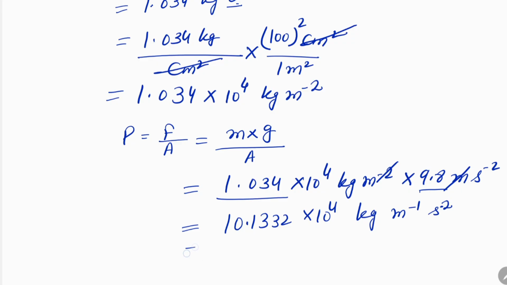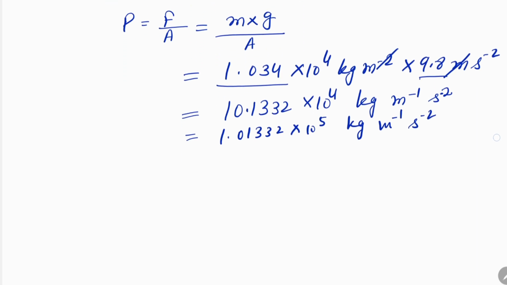So we can convert it into scientific notation: 1.01332 into 10 raised to power 5 kilogram meter inverse second inverse square. Now we have to convert it,